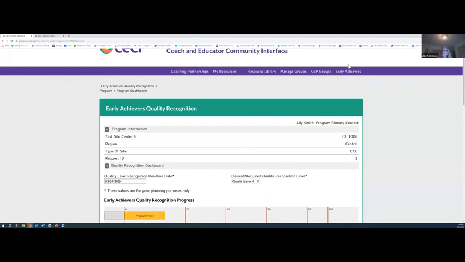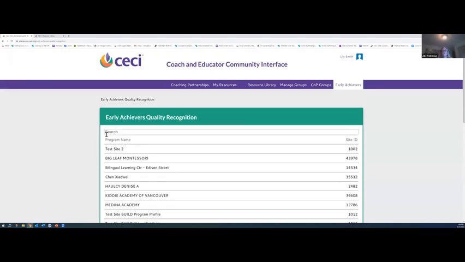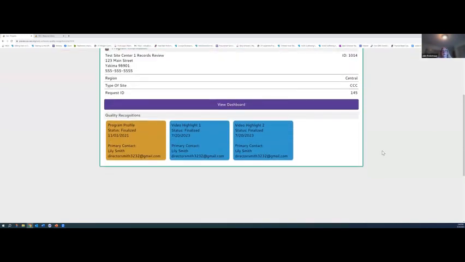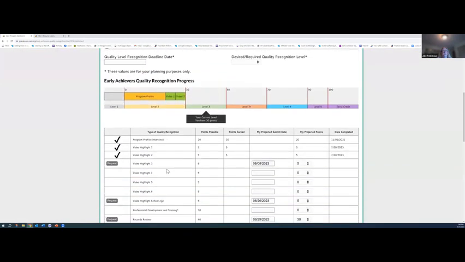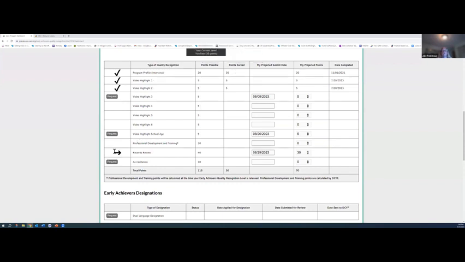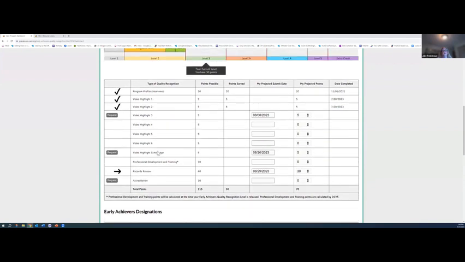For requesting, when it's actually available to them, for this program, they have finished 2 video highlights. So when they go to their view dashboard, this button has a request button. So they push request, and there's something here asking, are you sure you want to request? They click OK. And now they have the arrow here showing that they've requested.